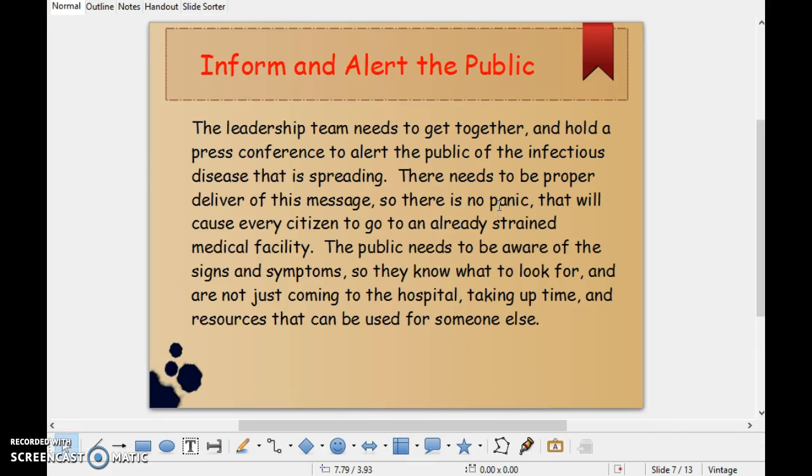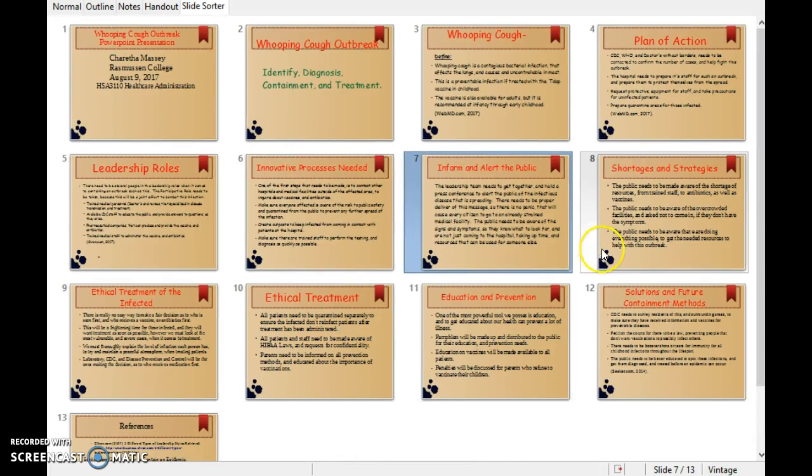I think there should be some sort of information given to the public, alerting them of this outbreak so that they will know that there is something that's being spread around. Try and do it in as casual a way as possible, which I don't know how easy that'll be, but to try and keep people from panicking and to try and keep everyone from running to the hospitals and facilities if they don't have these signs or symptoms, which takes up time and resources that could be used for someone else who does need that assistance.